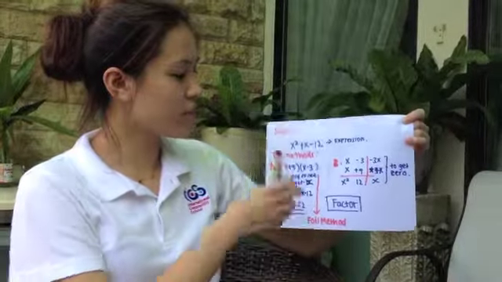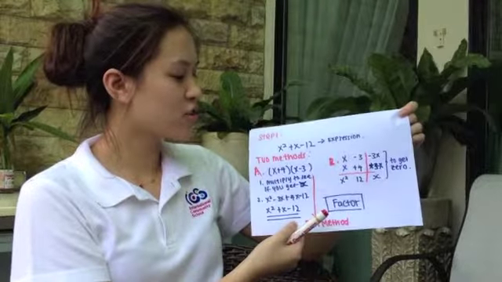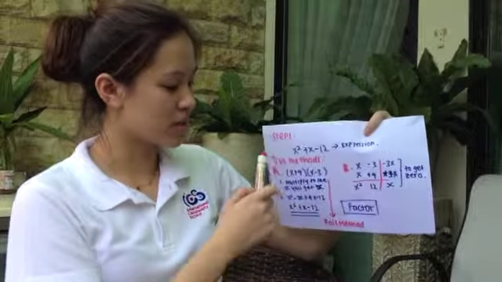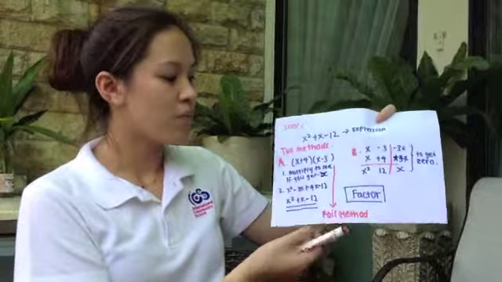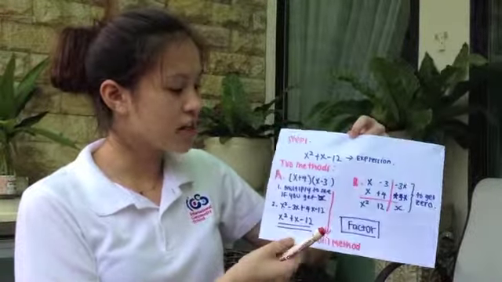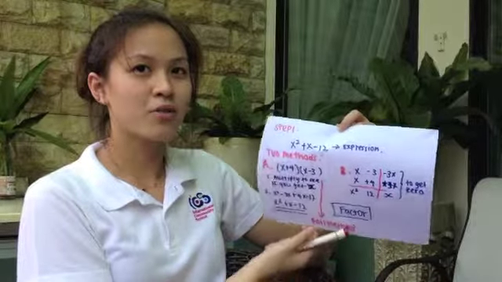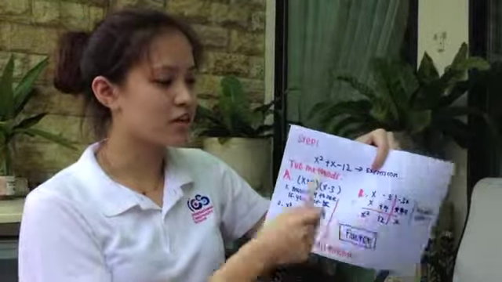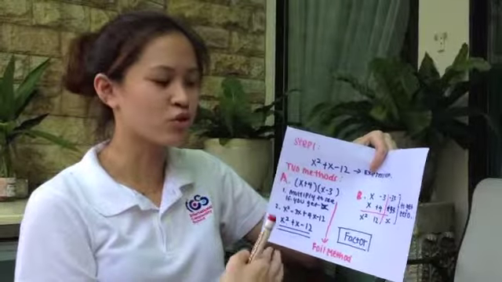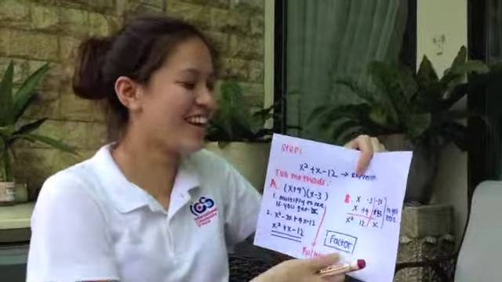So for step 1, we're going to factor this expression. There are actually two methods we could use, method A and method B. Method A is known as the FOIL method. You can see it's broken up into two pieces. Personally, I enjoy method B because it's much easier, and even though we don't learn it in school, I'm just going to teach you how to do it. So,